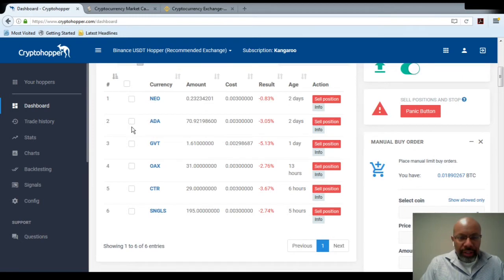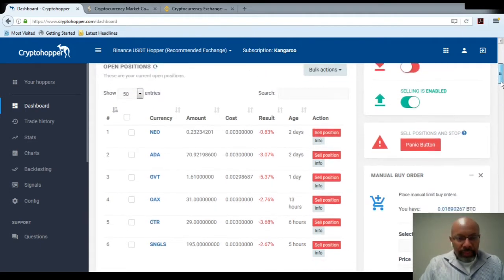And just real quickly to show you where I am with some of these positions, I still have the NEO and ADA that Crypto Growth had me purchase with those signals. Some of the other signals that I had previously sold, and I'll show you that in a bit. I think we'll take a look at my stats. GVT was a manual buy I did, and these last three were strategies that started being picked up as BTC spiked. So while these would have been up if BTC hadn't spiked, they're currently down due to the spike. Hopefully they will recover, and I'll be fine with that. But for now, I've got my stuff turned off. Anyway,